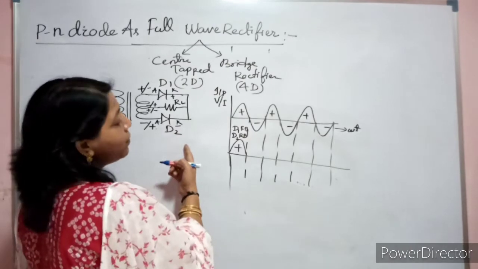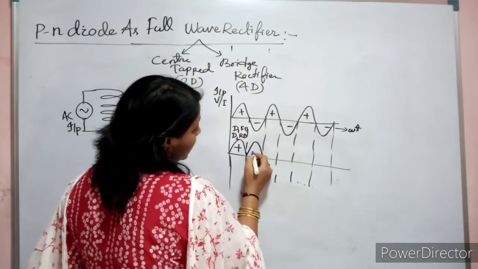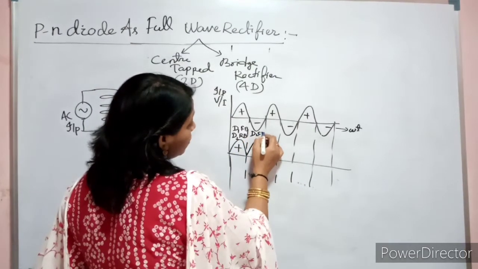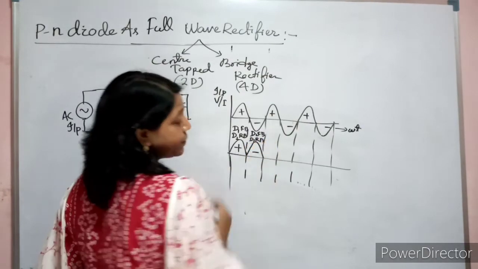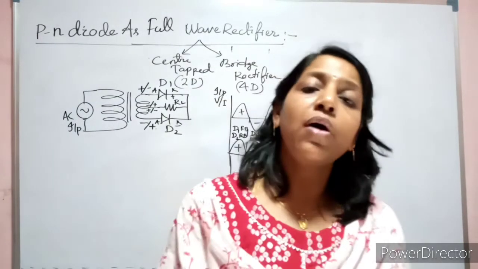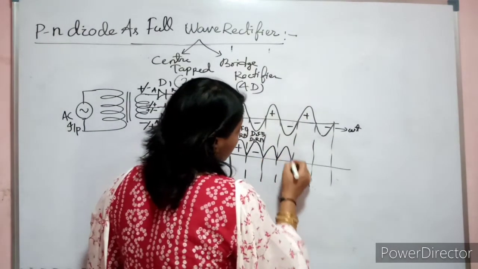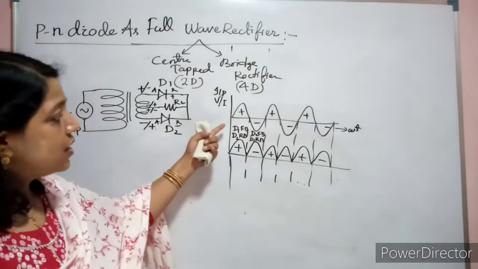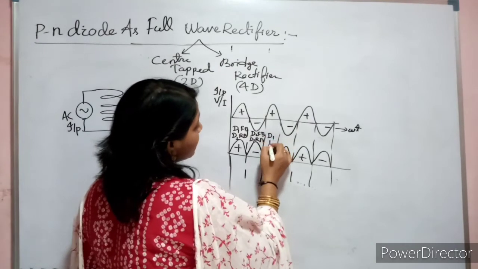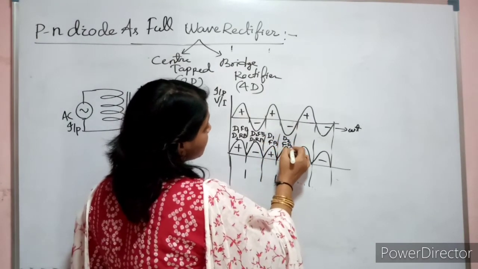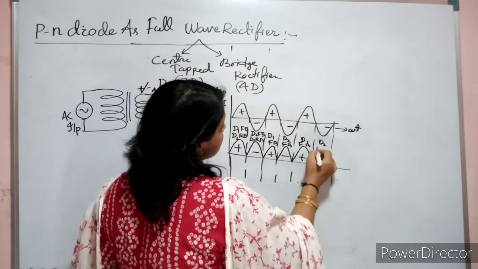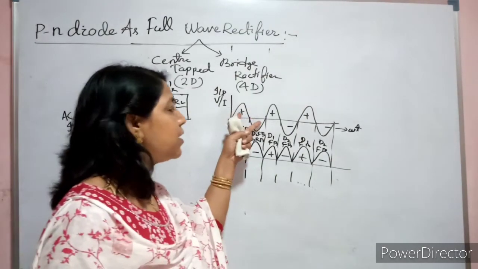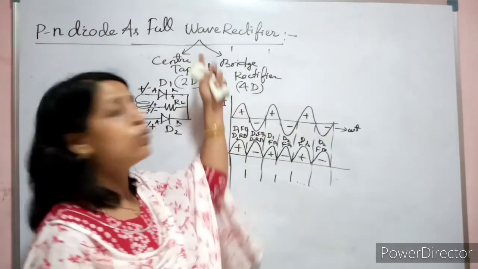So, when D2 is forward biased, now what will happen? Your negative appears on the output. At that time, D2 will be forward biased and D1 reverse biased. Now, this is a cumulative process. It keeps on repeating. So, you will find every alternate positive and negative half cycle will appear across the output. In this case, D1 forward biased, this is D2 forward biased. Similarly, D1 forward biased, this is D2 forward biased. This process keeps on repeating, for which both half cycles of the AC input are transferred to the output. Hence the name full wave rectifier.